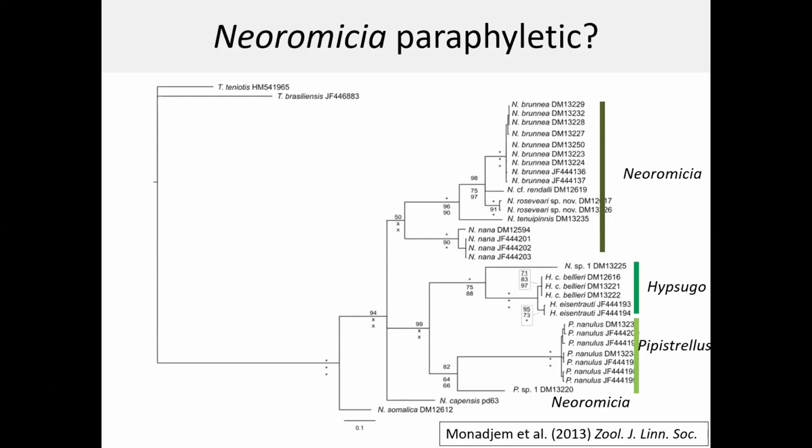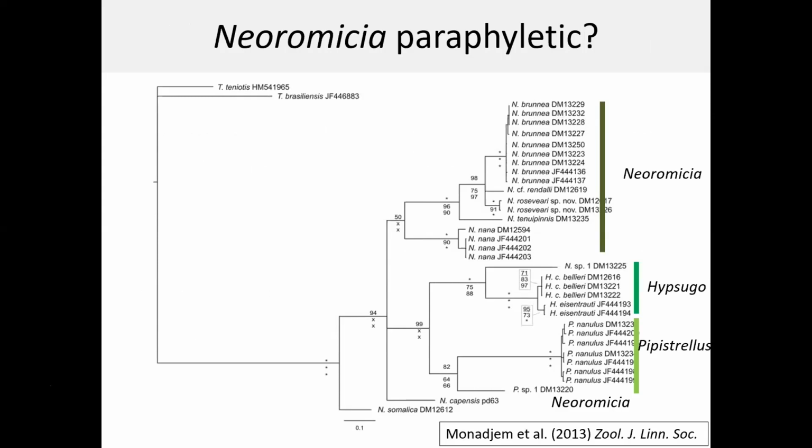And again, the emphasis is not on the detail. What I want you to take away is the broad message that there is a lot of confusion in these groups. So this is work I did in 2013, based in Mount Nimba in Liberia,